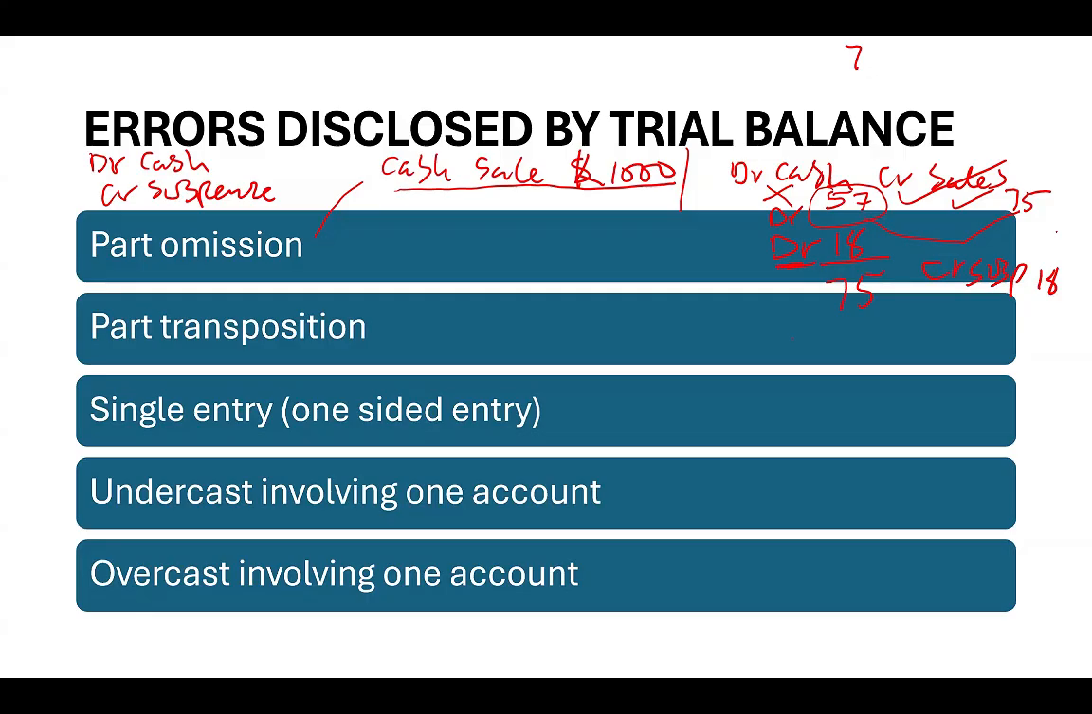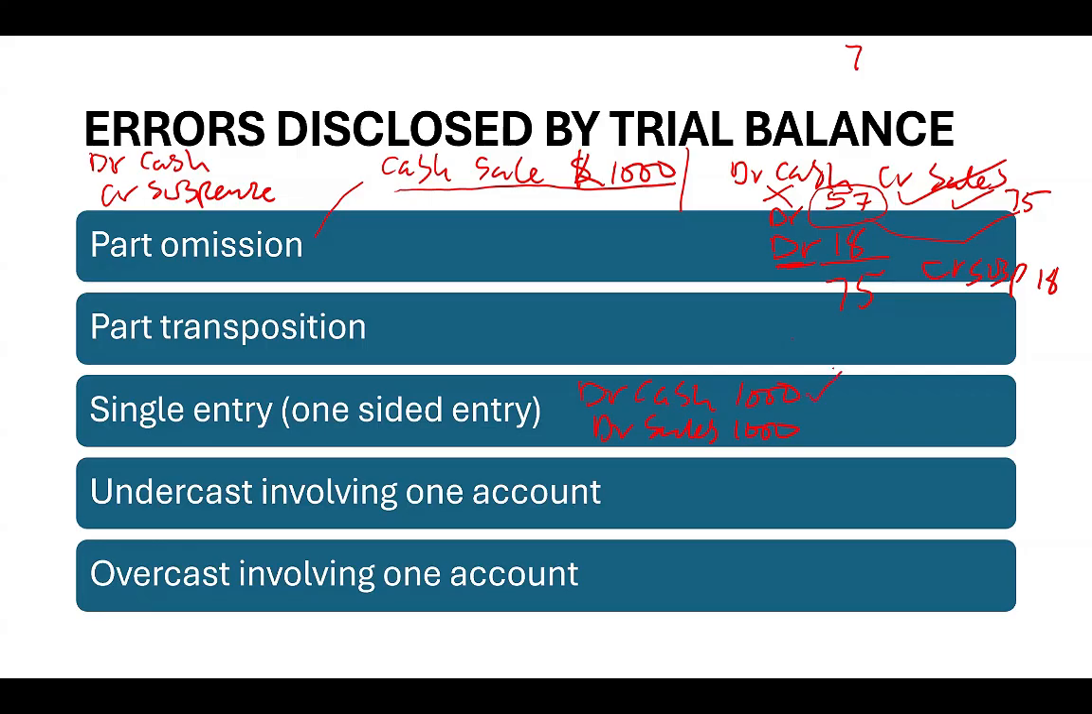Then there's the one-sided entry, the single entry error. In a single entry error, a transaction has occurred, and either both accounts are debited or both accounts are credited. That's one-sided entry. I'll use the same example. It's a cash sale for the same 1,000, but instead of debiting cash and crediting sales, you have debited cash and you have debited sales. So if you debit cash with 1,000 and then debit sales again with 1,000, the debit side of your trial balance will be more by twice the figure, which is 2,000. So to make a correction of this error,